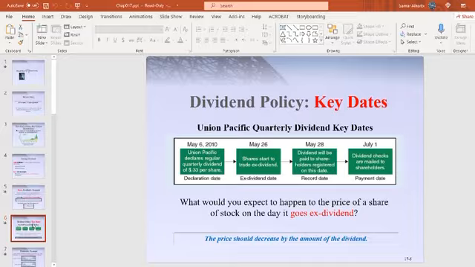Let's take this example. Assume this company on May 6, 2010, announced we will pay 33 cents for every share. We call this day the declaration date. Okay. They will go in the media and announce, or they will just announce in a report, we will pay. This is what we call the declaration. After a specific period, let's say May 26, we will call it the ex-dividend date.